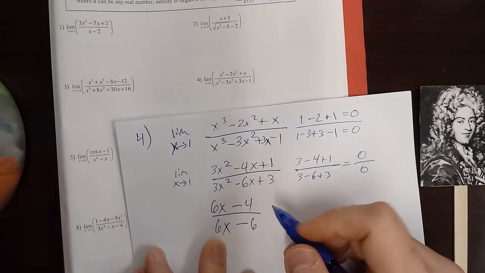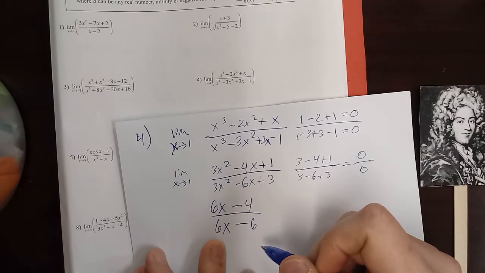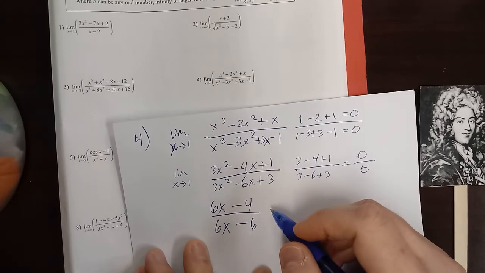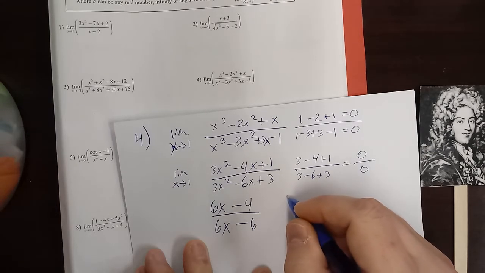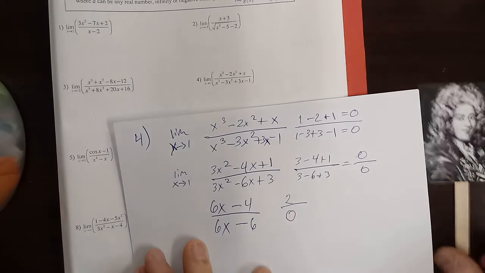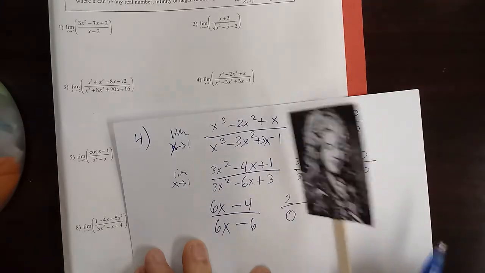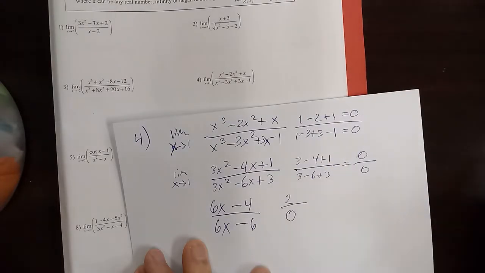Uh-oh. Did I make a mistake? Because right now I get 2 over 0. And he looks at this and he's like, it's not 0 over 0, it's not infinity over infinity. I can't do anything with this. So,